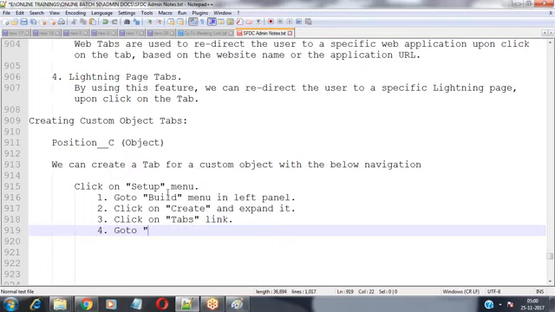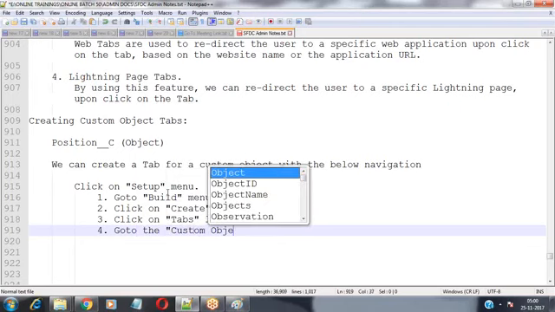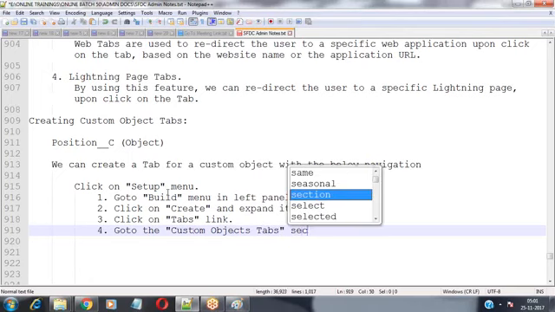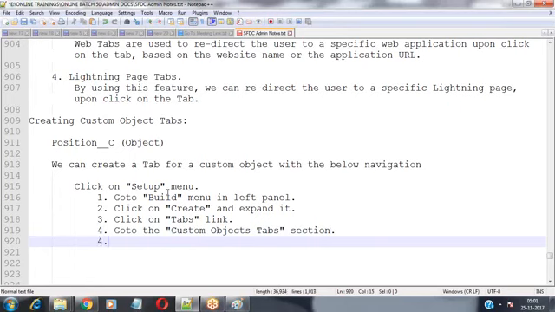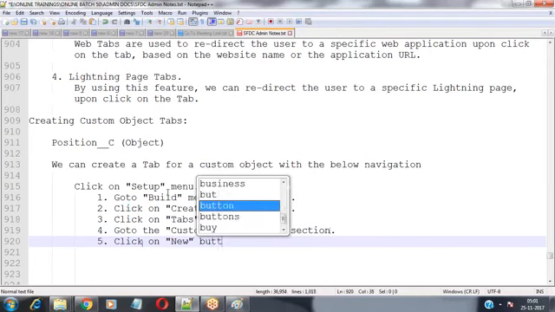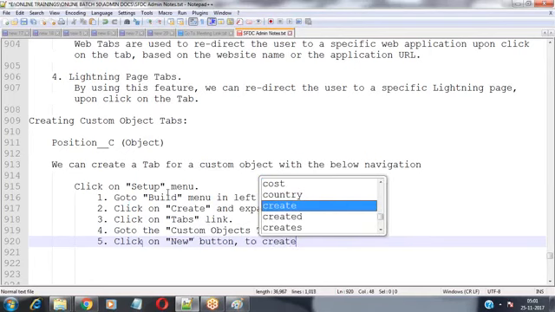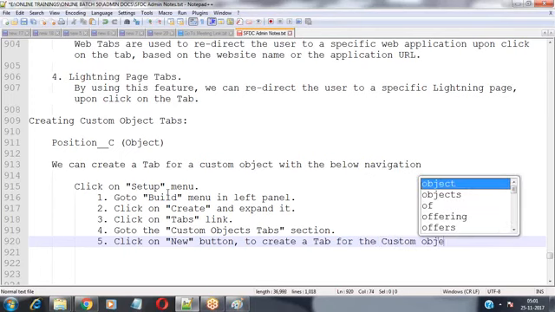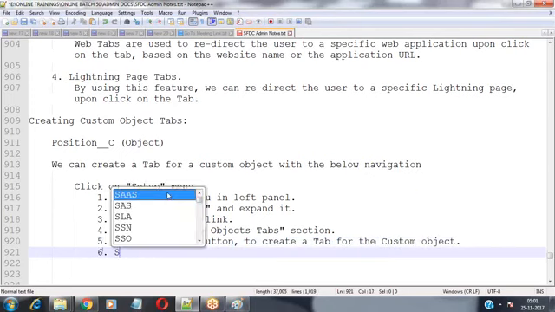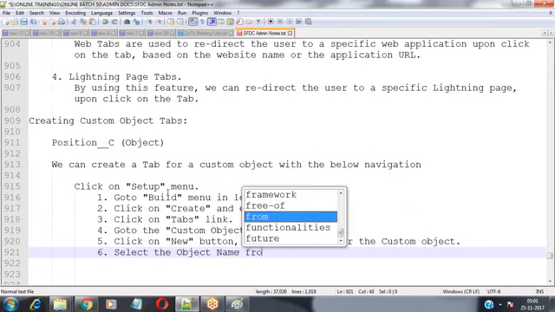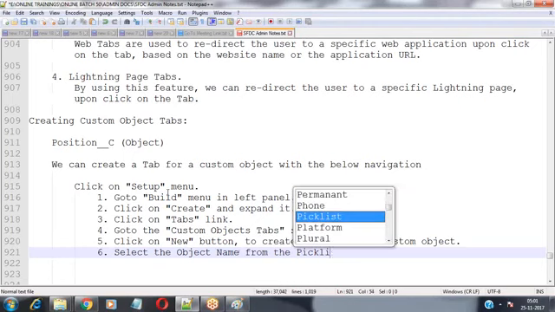And then go to the custom object tabs section. And then click on the new button to create a tab for the custom object. And select the object name from the pick list.